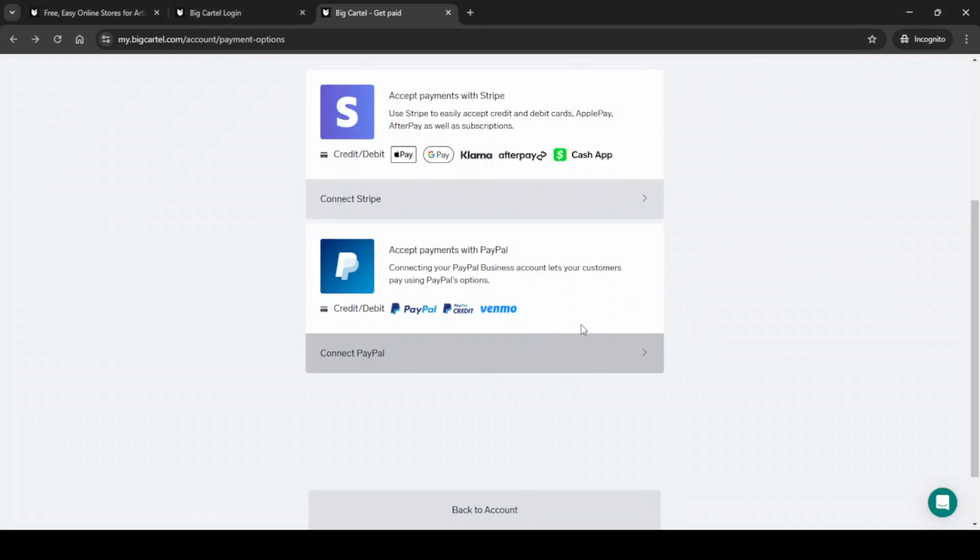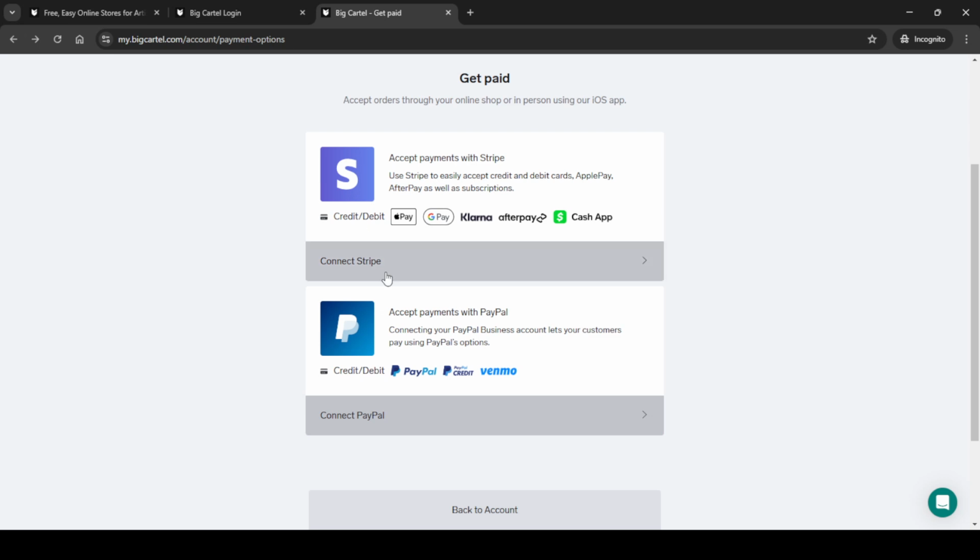Again, follow the step-by-step instructions that PayPal provides. This might involve logging into your PayPal account and verifying your details, ensuring your shop is connected and ready to receive PayPal transactions. And there you have it. Whether you choose Stripe